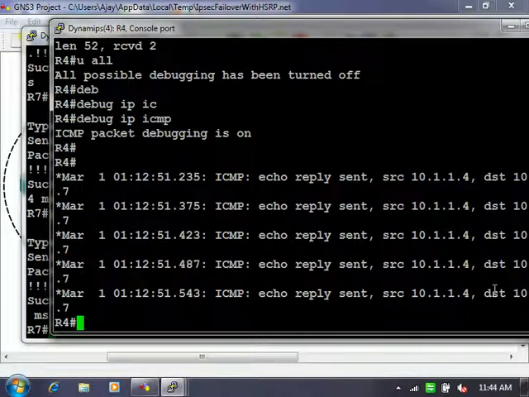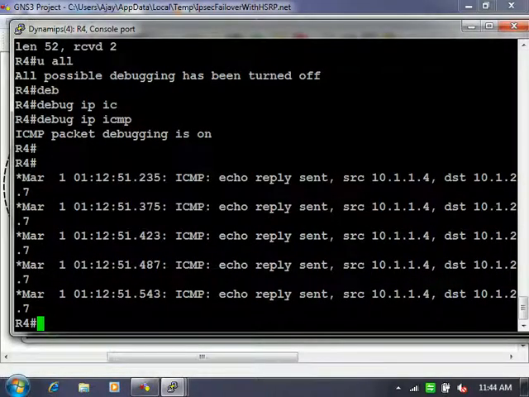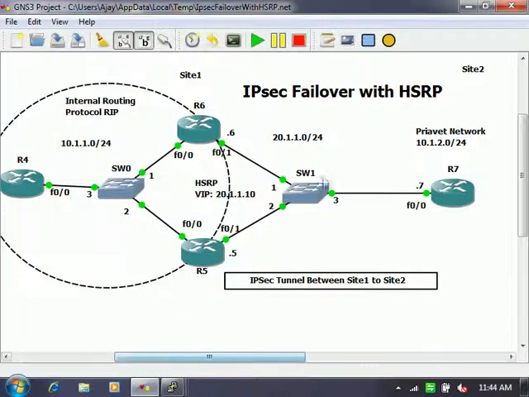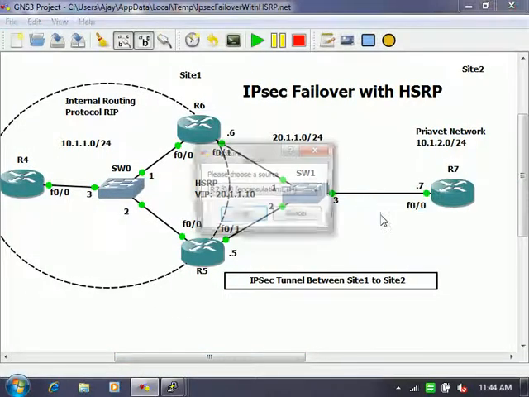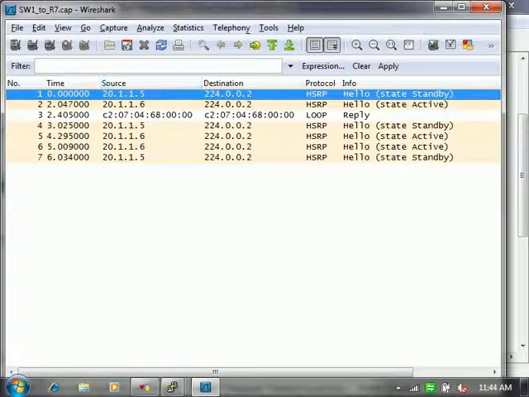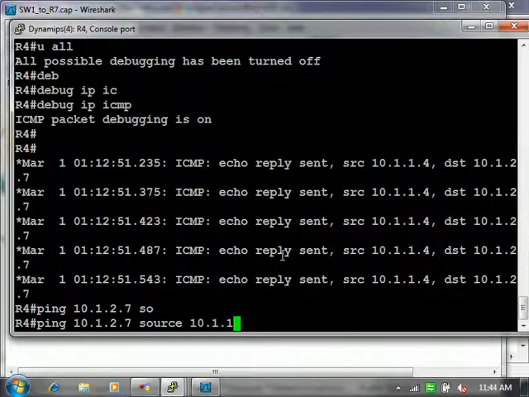Now let's capture the packet and see. Will you be getting the information about the 10.1.1.0 network and 10.1.2.0 network? I don't have to specify the source because it's already sourcing from the physical interface, right? 10.1.1.4. Let's go over here and check it.